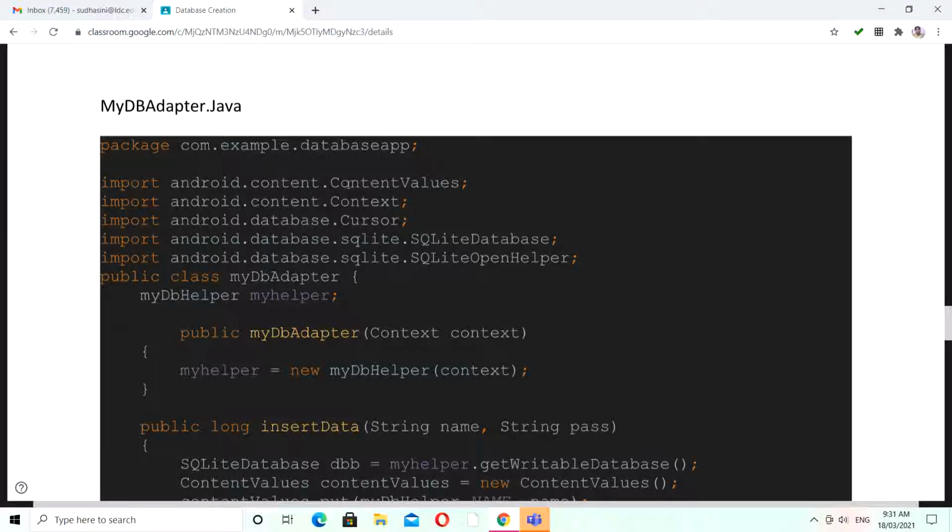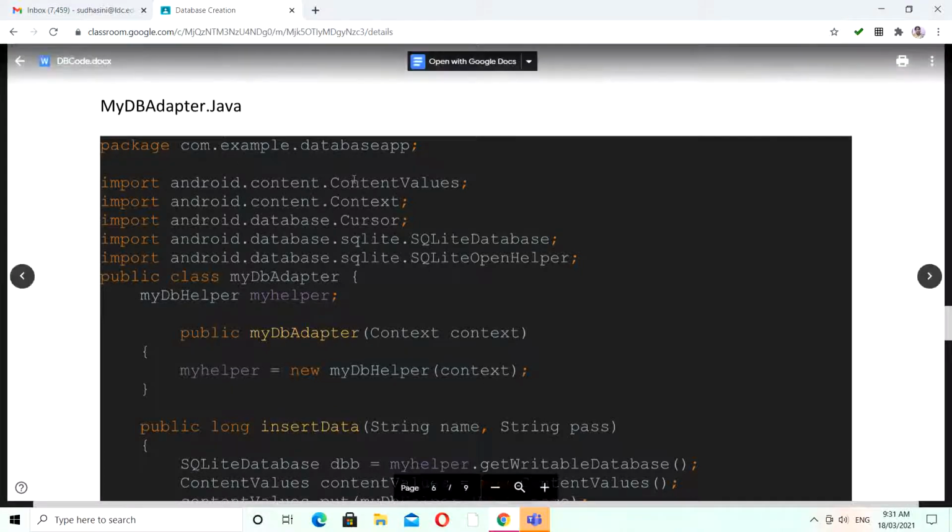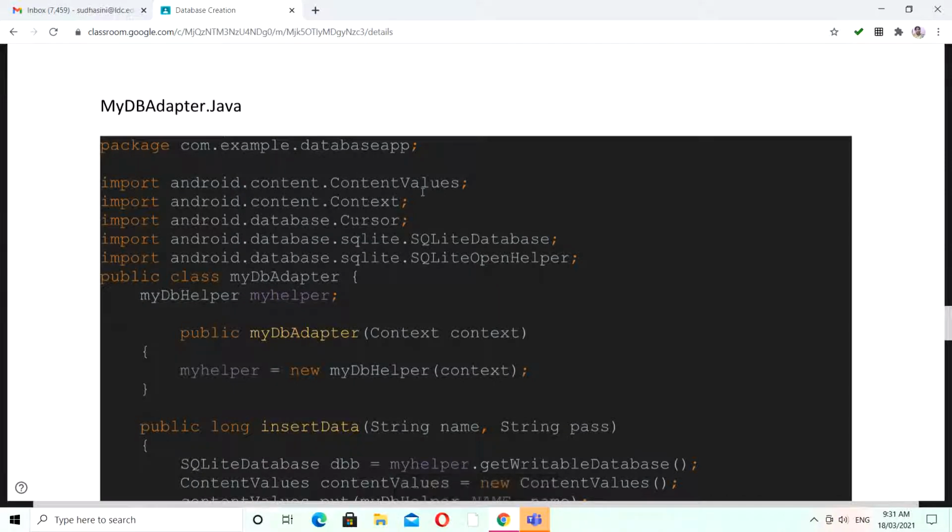The same way, we are importing other classes. ContentValues is where we can give the information, the data of your table. This ContentValues consists of the attributes of your table and the corresponding data for those attributes.